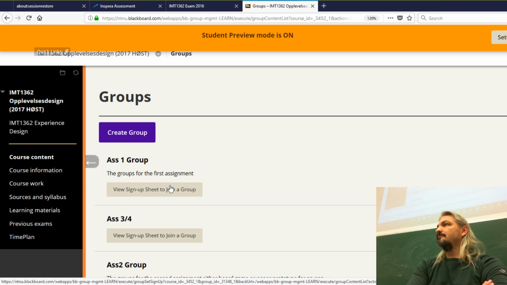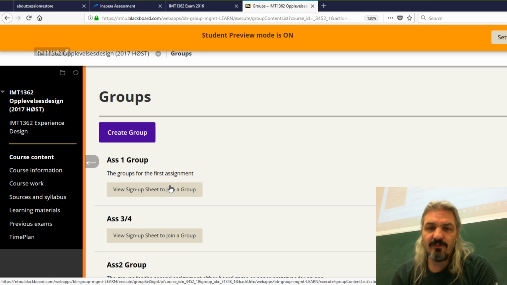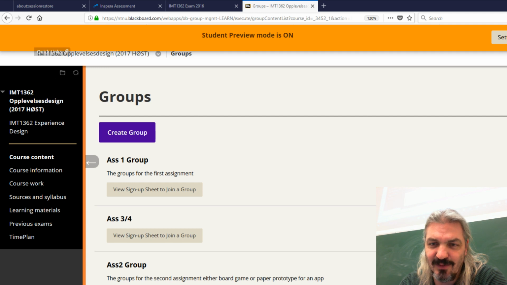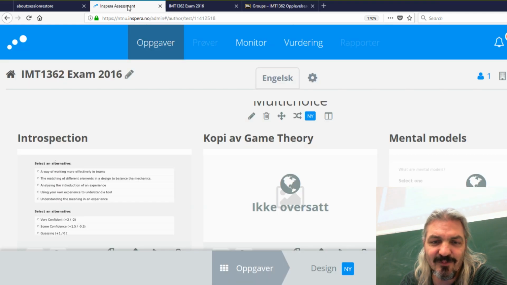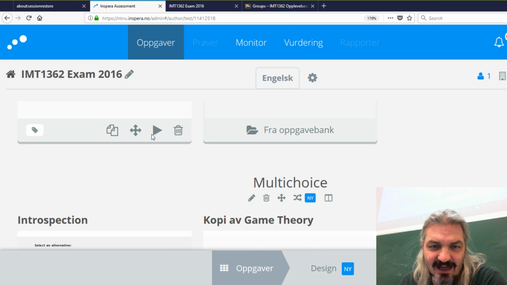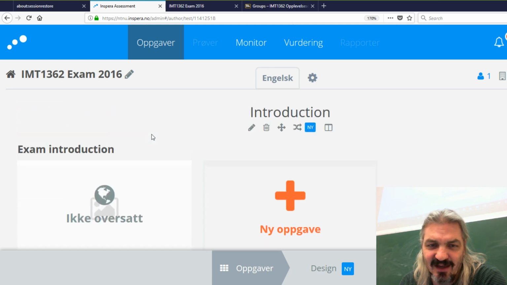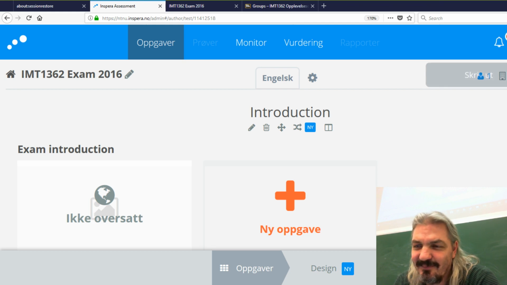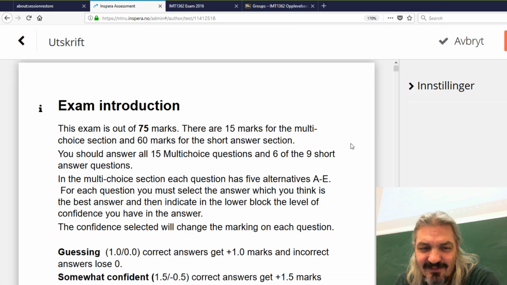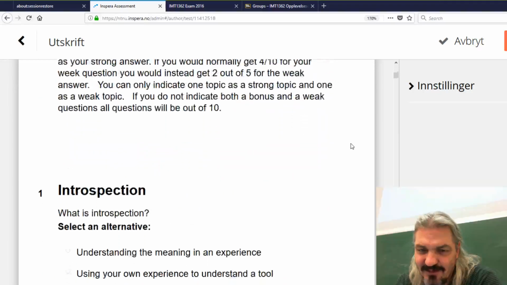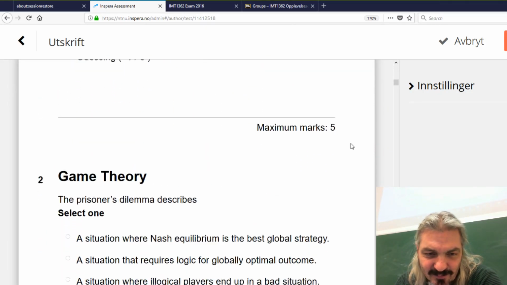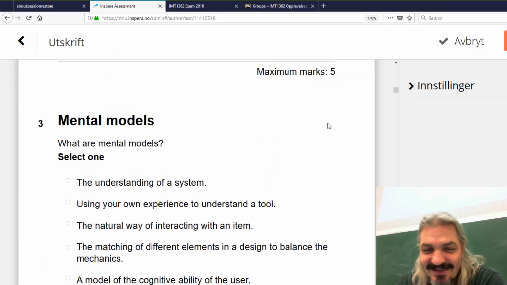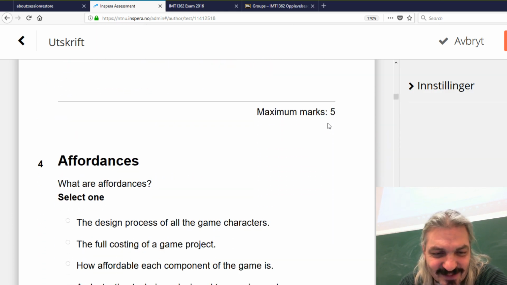Would it be possible for us to access the exam from last year? So the exam from last year, I have to find a way of extracting it, and I hadn't found a way of extracting it from here yet. So I can try and print, but that was... okay, so that looks like it might be giving me the maximum 5. I hadn't seen that option before, for some reason now showing it to me.